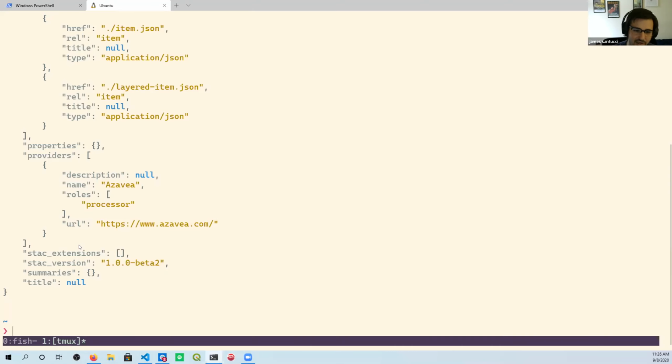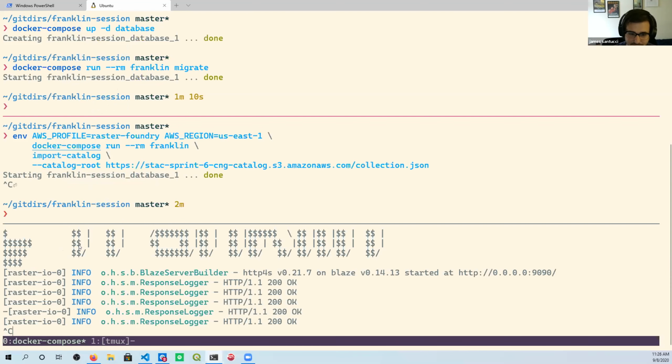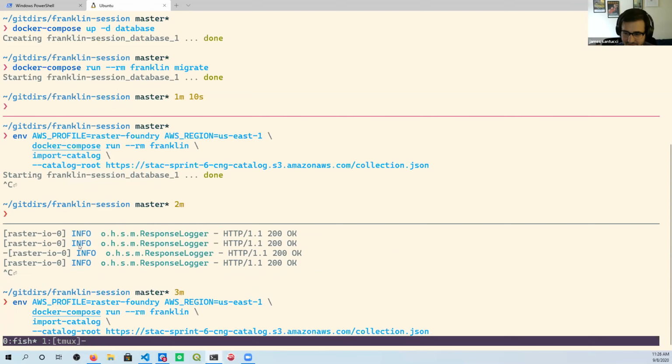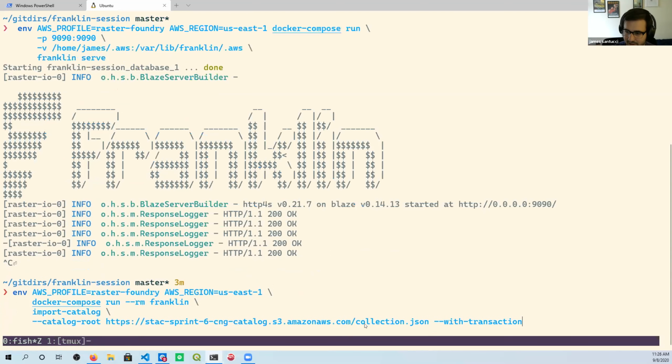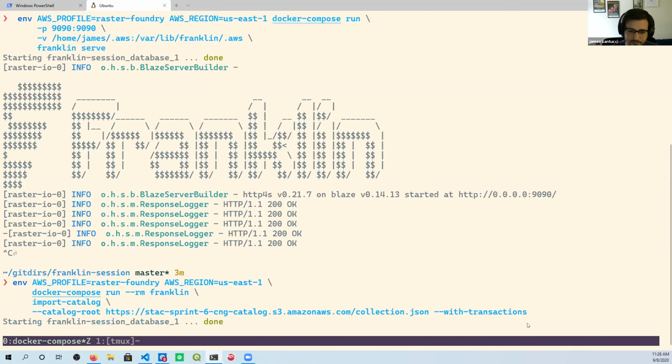So to do that, we need the transaction extension. So I'm going to stop this and give Franklin the with transactions argument when I start the server. And that changes the endpoints that are available. And similarly to what Jeff showed with the Arturo STAC API, when we change the endpoints that are available, we get different documentation, and I'll show that in a moment as well. So we're going to restart, this time with transactions,